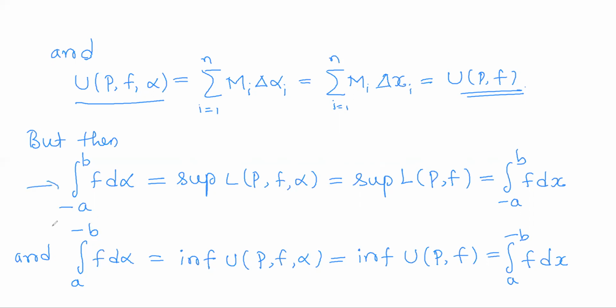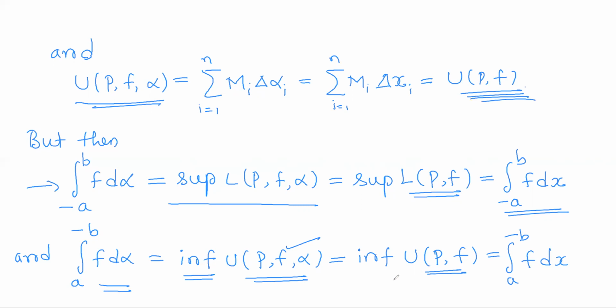So now we shall come to the lower Riemann Stieltjes integral. It is defined to be the supremum of all lower Riemann Stieltjes sums. But all lower Riemann Stieltjes sums are nothing but lower Riemann sums, so their supremum is taken as the lower Riemann integral. The upper Riemann Stieltjes integral is defined to be the infimum of all upper Riemann Stieltjes sums, which is nothing but the infimum of upper Riemann sums, because upper Riemann Stieltjes sums are nothing but upper Riemann sums. So which gives you the upper Riemann integral.